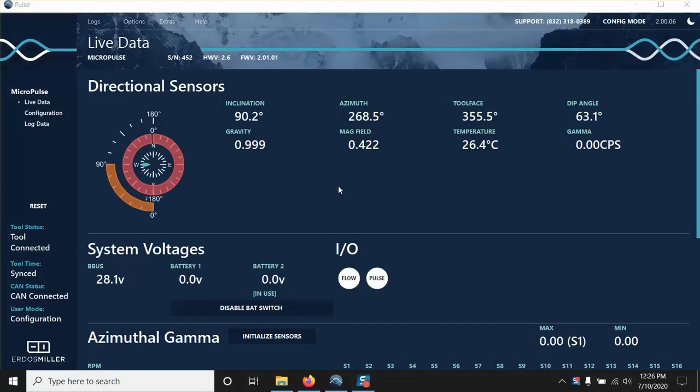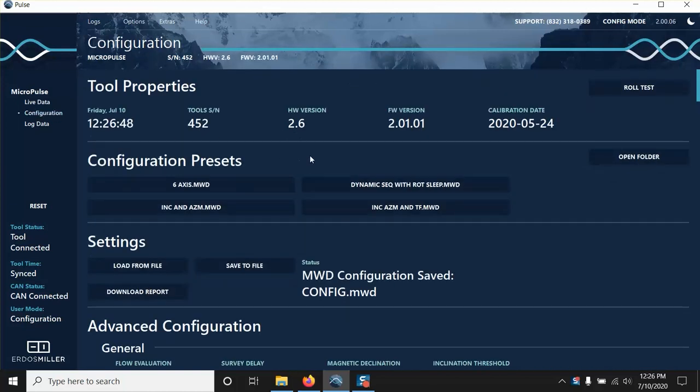In this video, I'll give you an overview of the micropulse configuration settings and what they do. If you have questions, you can go to the Help menu and go to the Pulse User Manual and get additional details about all the settings. So we'll go to the Configuration panel, and we'll see the tool's state at the top, the real-time clock setting,